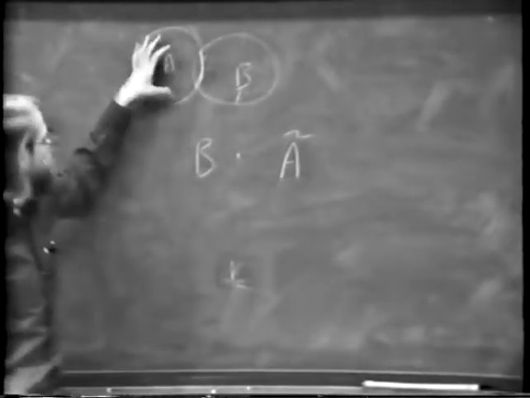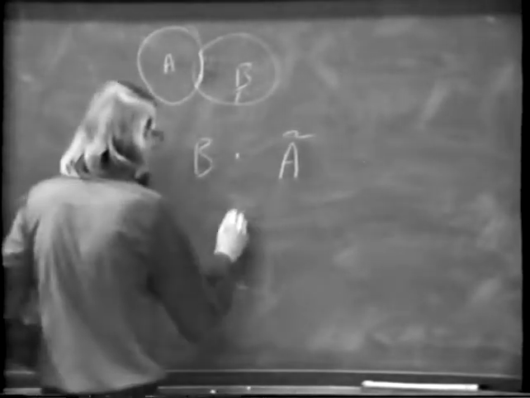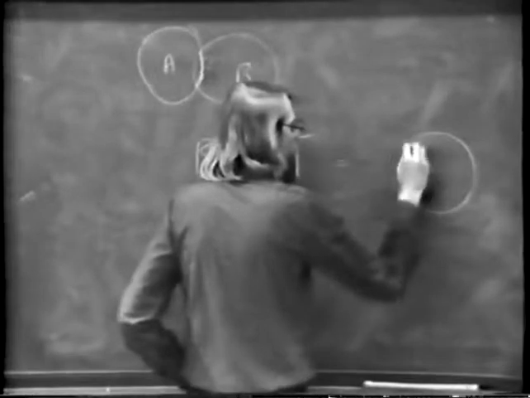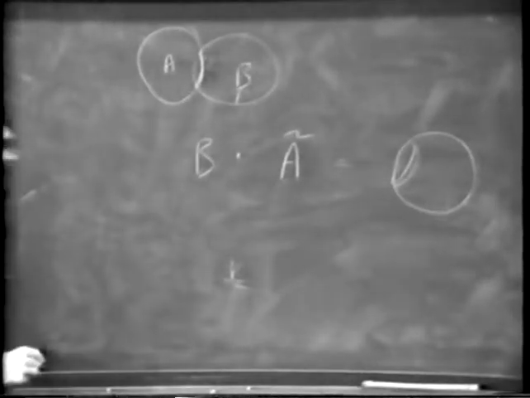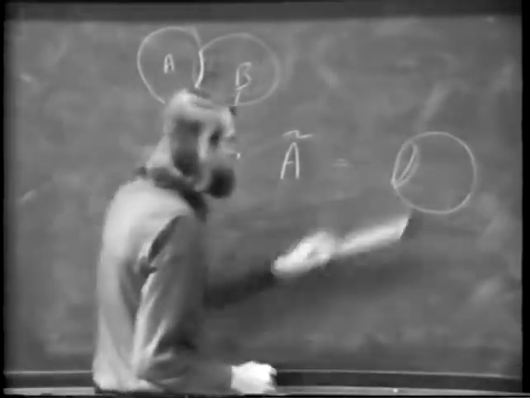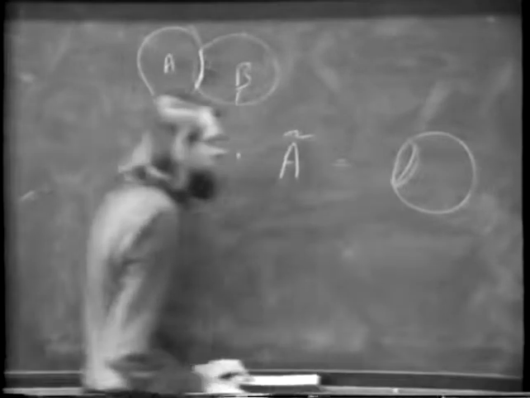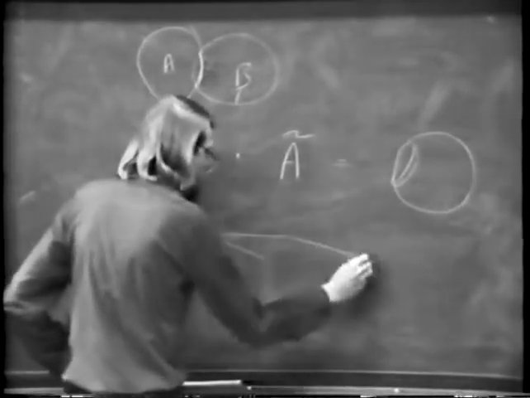Now, if you take the intersection of not A with B, what do you get? You get B with a little dimple eaten out of it. Well, these things are amusing by themselves, but they start taking on real significance if you imagine a cube